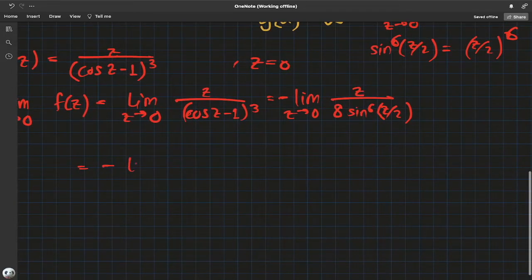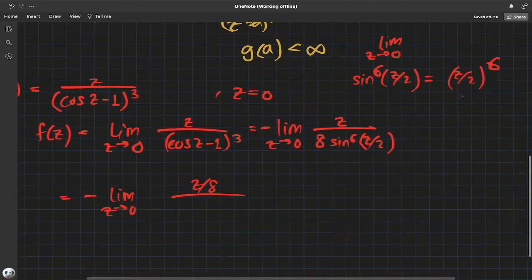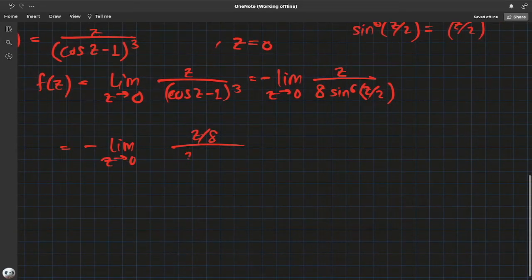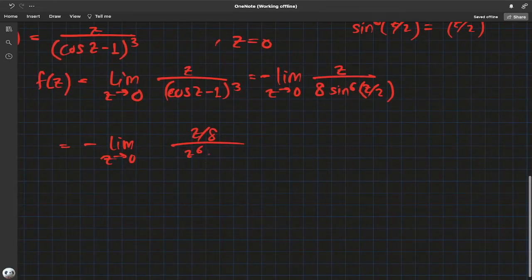So we have z over 8 divided by z to the 6th divided by 2 to the 6th power, which will be 64. You simplify with negative 8, limit z goes to 0,